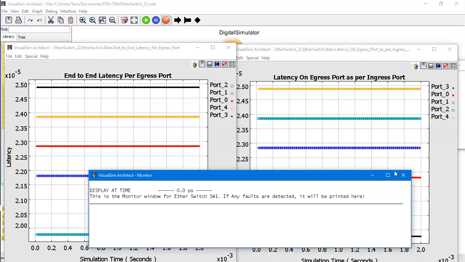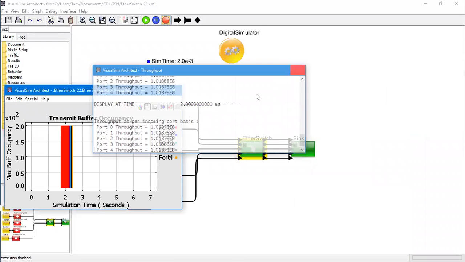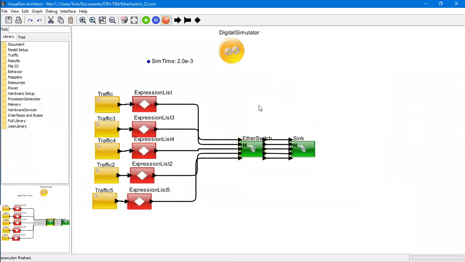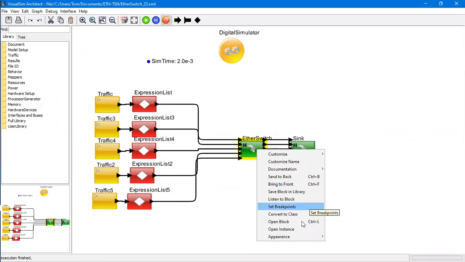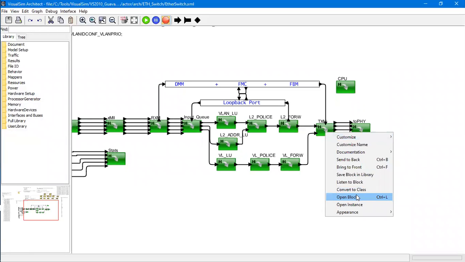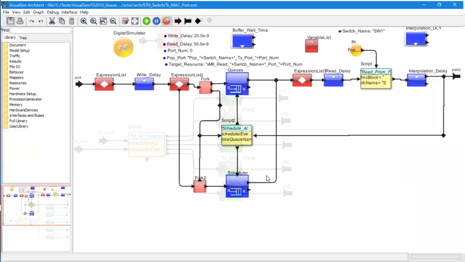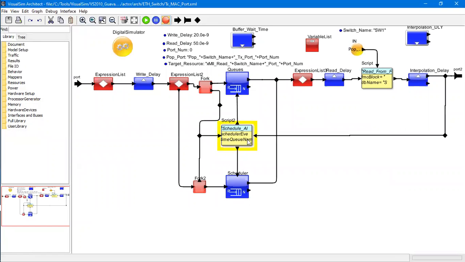Now let us see what all the user can do. By doing the open block, you can go inside and change the scheduling algorithms, and if you have custom code, you can put it in over here. All of that can be done.